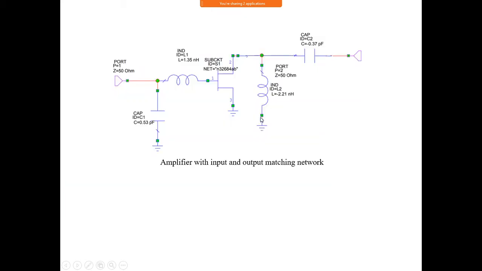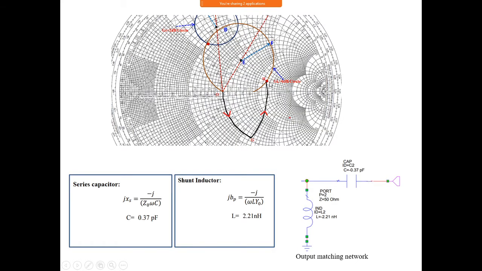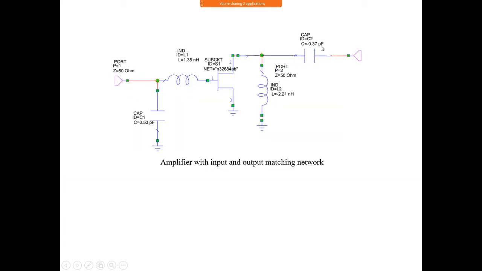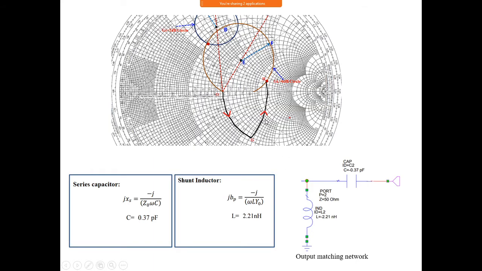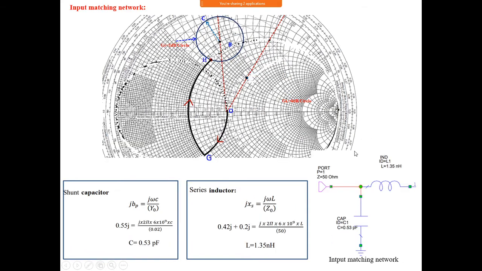So you should insert these impedance matching components. By adding these two, if you look in this direction, the impedance is equal to this value. To find the values of this inductor and capacitor, we have to proceed in a similar way. Start from the center of the Smith chart.